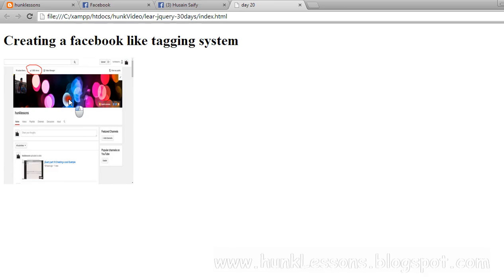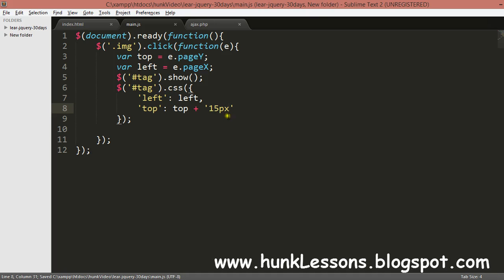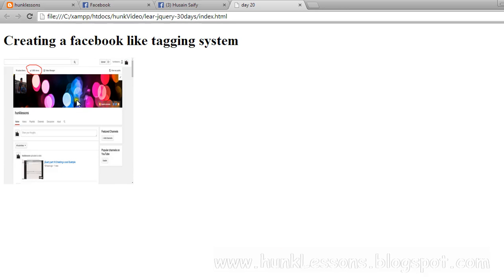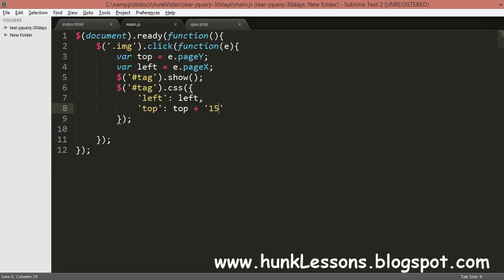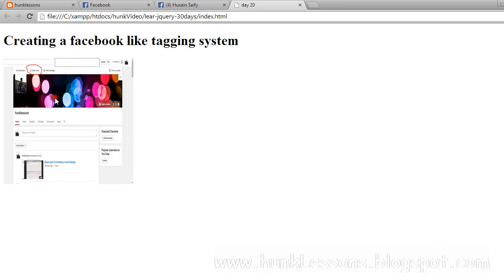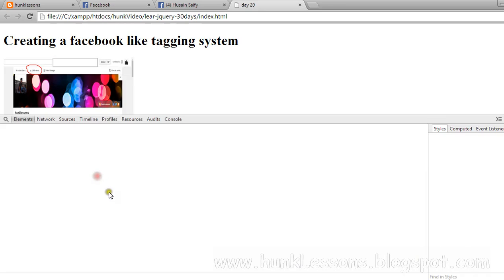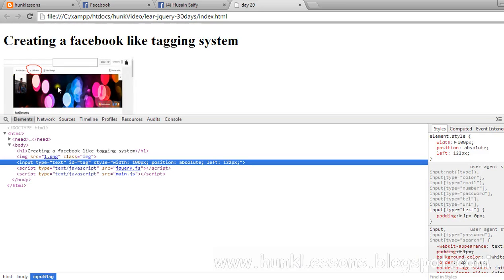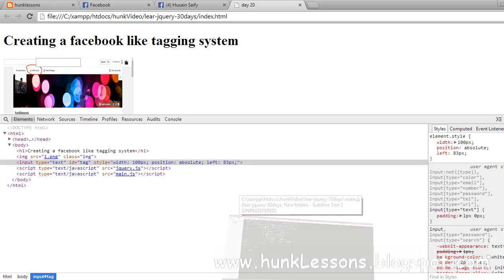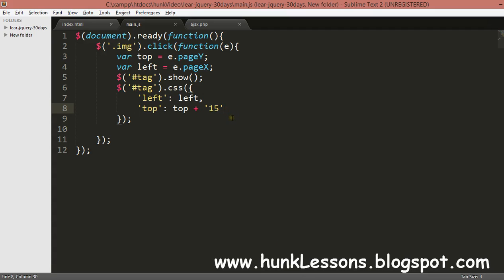Okay, now you can see that, it's 15 pixels, not 50. Now you can see it's going there. I should do it in variables.